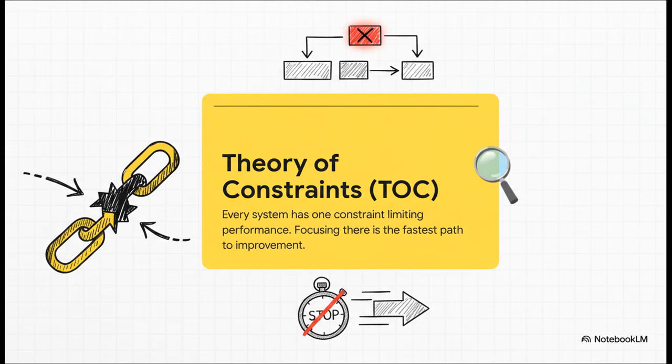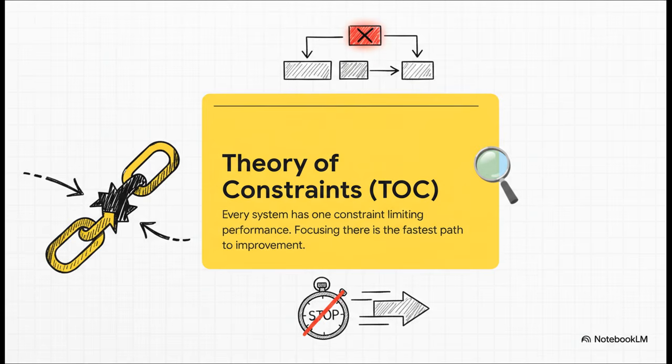And it's actually pretty simple. It says that in any complex system, like your R&D department or your entire company, there's always one single bottleneck that determines the output of the whole system. You know, a chain is only as strong as its weakest link. It's the same idea. So our job isn't to make everyone busier, it's to find that one constraint and focus